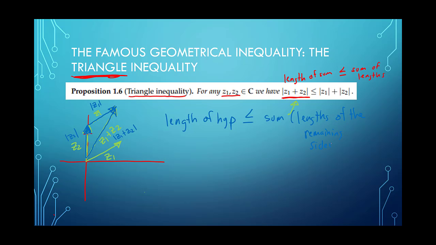And I just realized that blue on blue is probably not the best idea there, but hopefully you guys can read that okay. So again, the length of the hypotenuse is less than or equal to the sum of the lengths of the remaining sides. So that's what the triangle inequality is saying there. Now, to prove that, you have to be a little bit more clever with your absolute values and stuff, so read the book for that. But I wanted to give you the intuition behind it. And why do we call it the triangle inequality? Well, hopefully that's fairly evident, because we got a triangle going on here, right? So a way of interpreting this is in terms of a triangle.